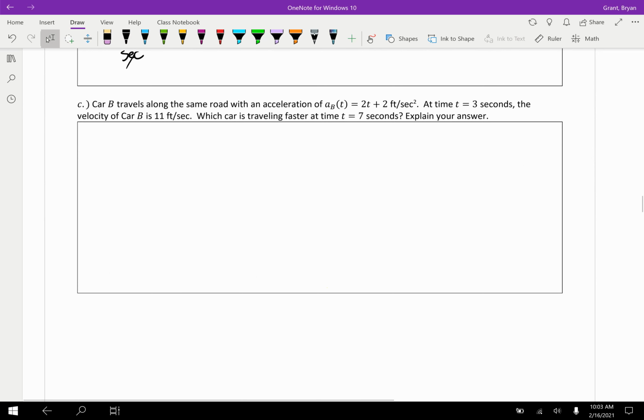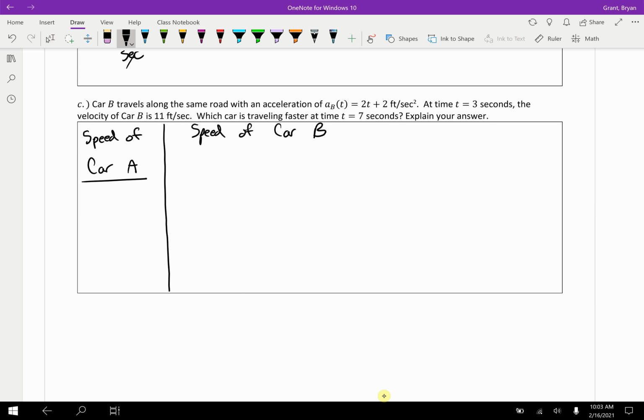Part C. Car B travels along the same road with acceleration of blah, blah, blah. At time t equals 3 seconds, the velocity of car B is 11 feet per second. Which car is traveling faster at t equals 7 seconds? So I think we're going to have to compare both cars here, right? So we're going to have to compare the speed of car A to the speed of